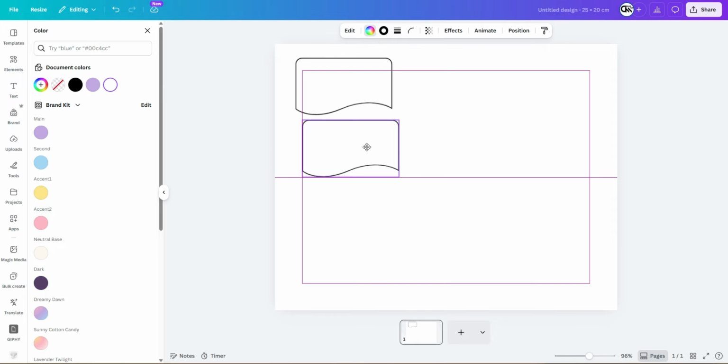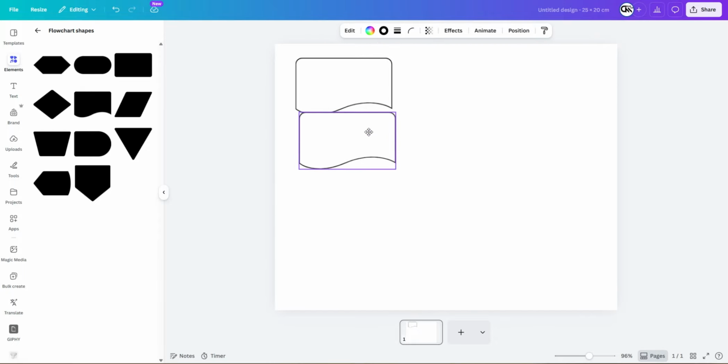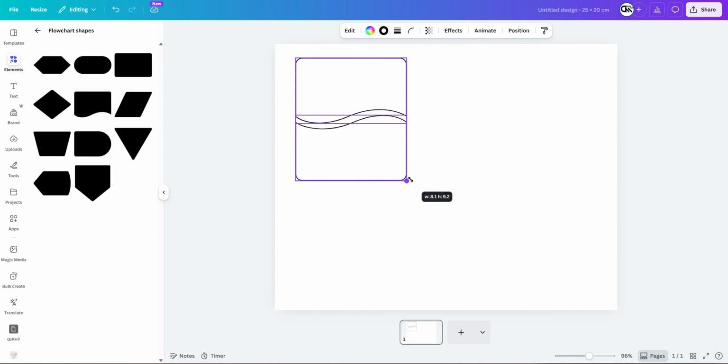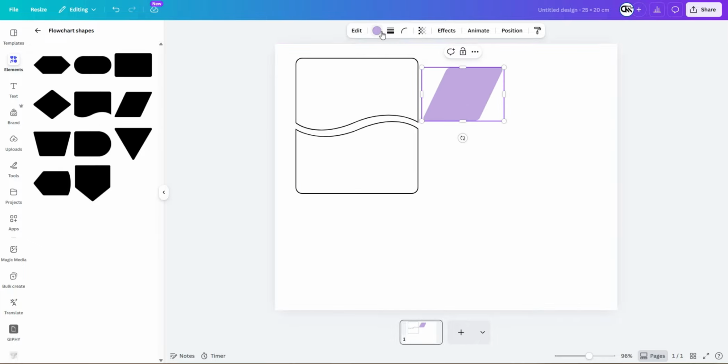To make this layout more dynamic, I'm going to look for more unique shapes. I'll scroll down to the flowchart shapes and select this wavy-edged rectangle. Just like before, I'll adjust the border weight to match and remove the fill color. I'll duplicate this shape and move the second one down, flipping it horizontally to create a mirrored effect for the